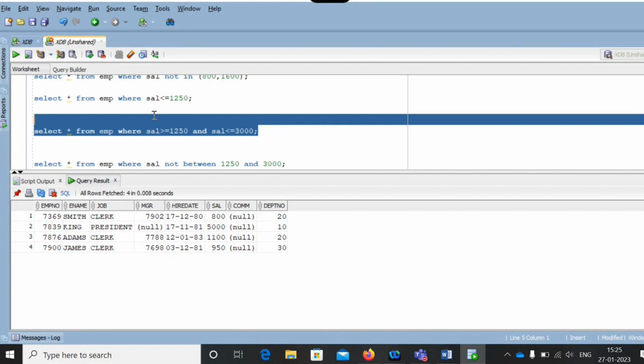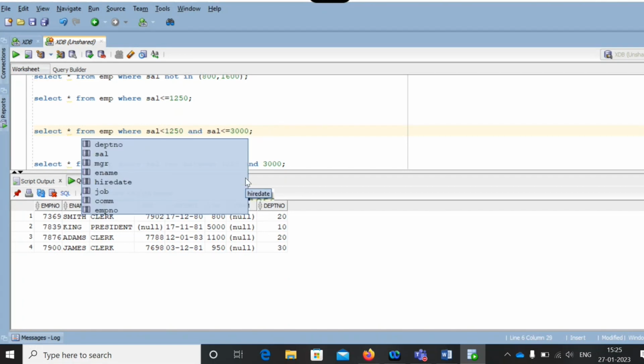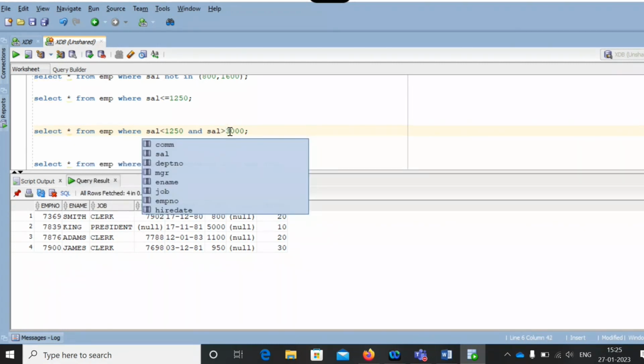So now I need to exclude these range values and display the remaining values here. Less than 1250, greater than 3000.